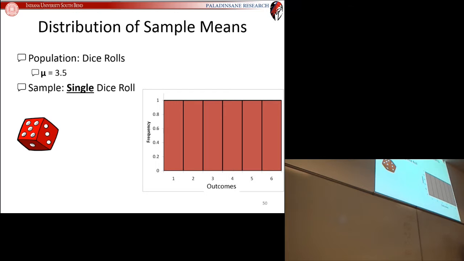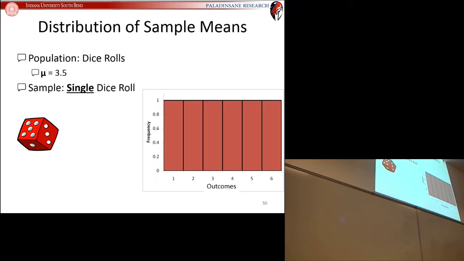We roll it again. We get a 3. Sum it up. 3 plus nothing else is 3. Divide by 1. We get a 3. If we do this over and over and over again, we will get every single possible mean, every single possible sample, and there's only 6 of them,